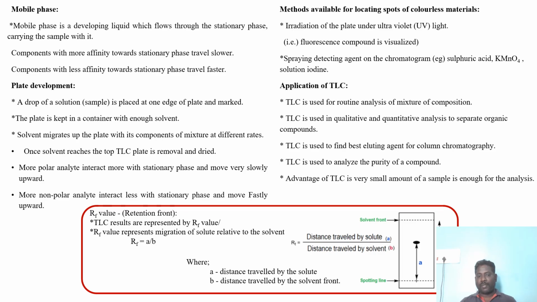A drop of solution, that is the sample, is placed at one edge of the plate and we have to mark that in a visible manner, either a line or some marker. Once a drop of solution is kept at one end of the plate,